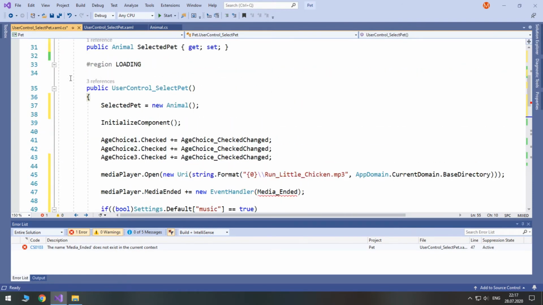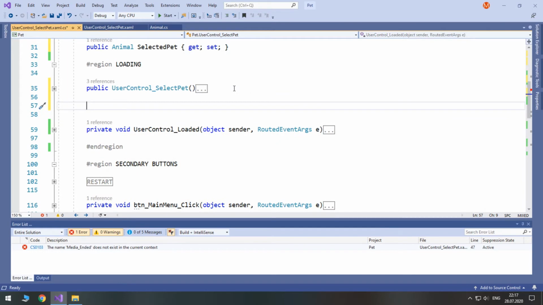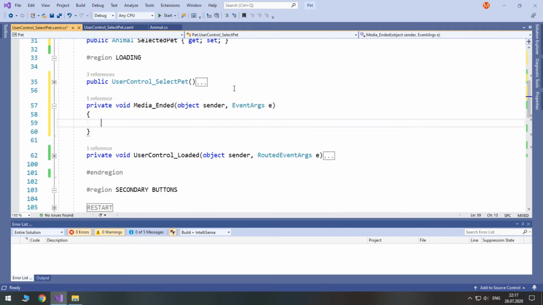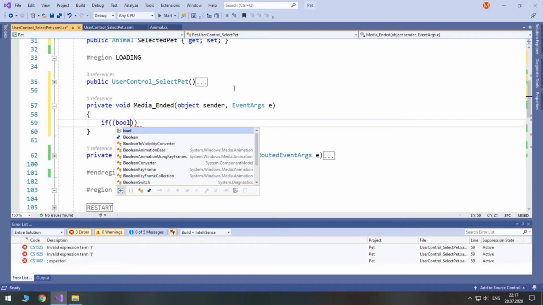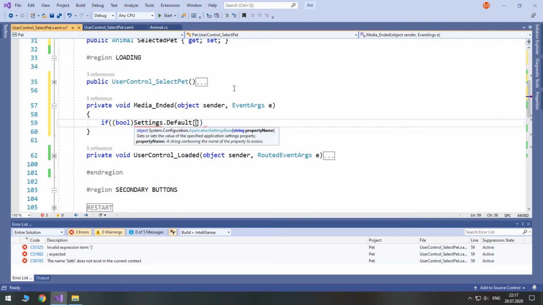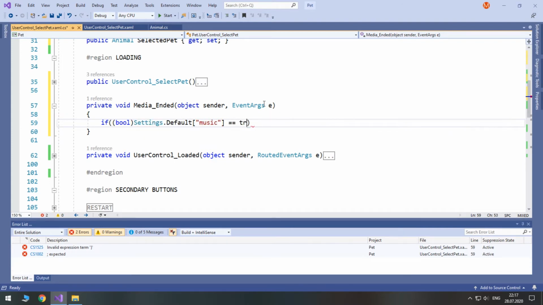After the constructor, we will create a new event, media ended, so private void media ended, which accepts object sender and event args, and we check if setting of type bool music, which is in settings default, is true.